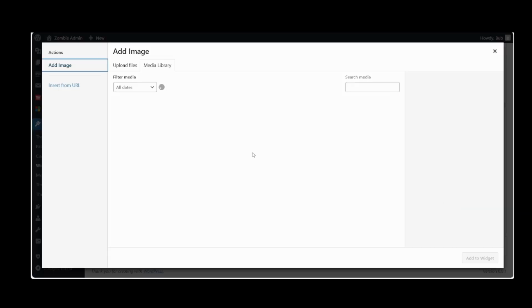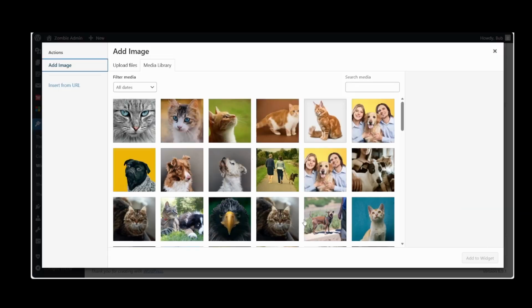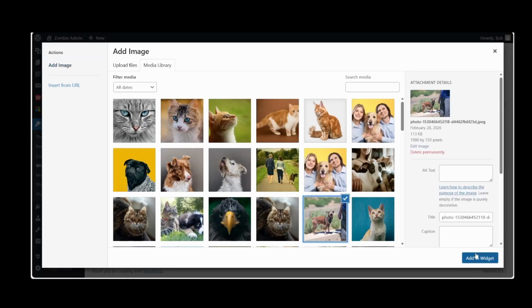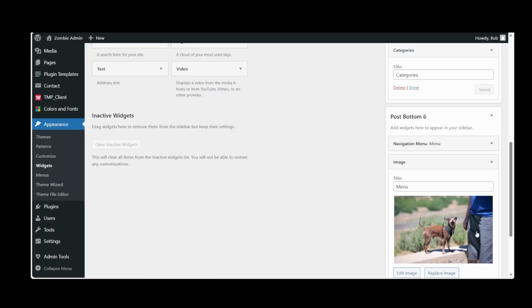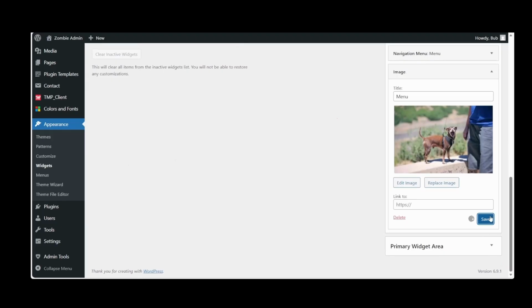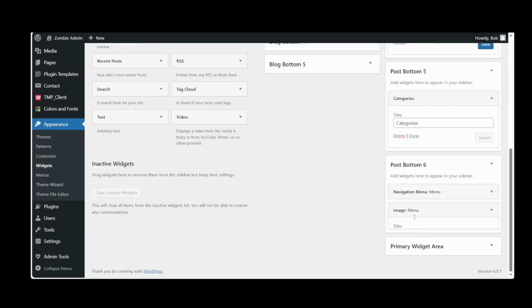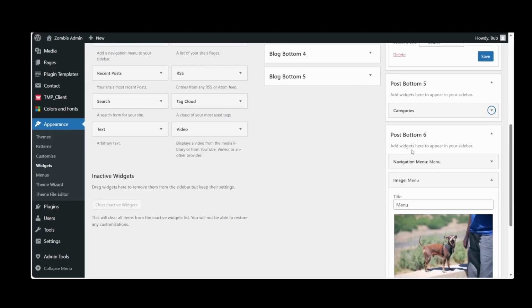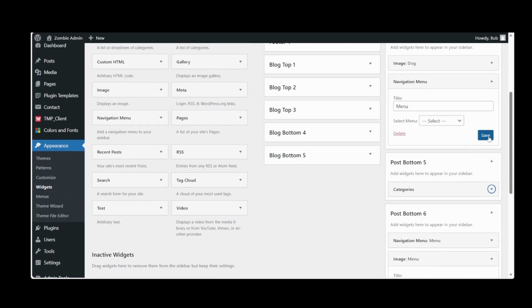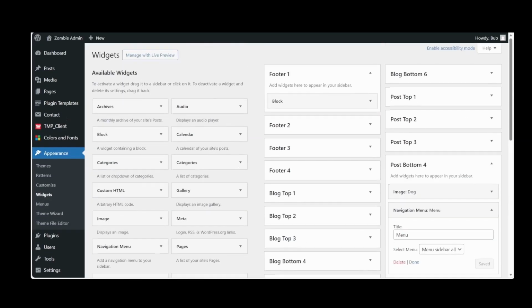Add image. Let's save. Done. Save. And let's take a look at the front end.